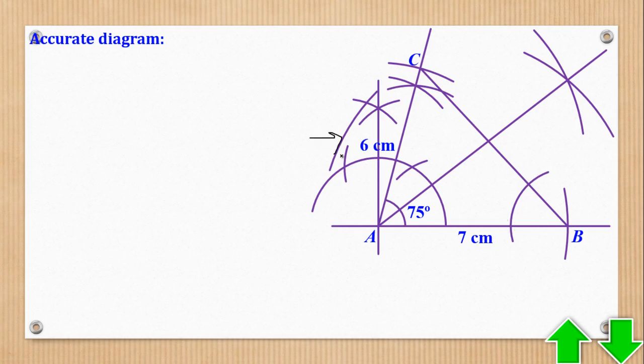Then maintain the same radius, put the needle there and draw another arc so that they intersect. Then you draw a line from B through the intersection. In that case, we have bisected the angle at B. Now this point of intersection of the 2 angle bisectors is the center of the circle, but we don't know